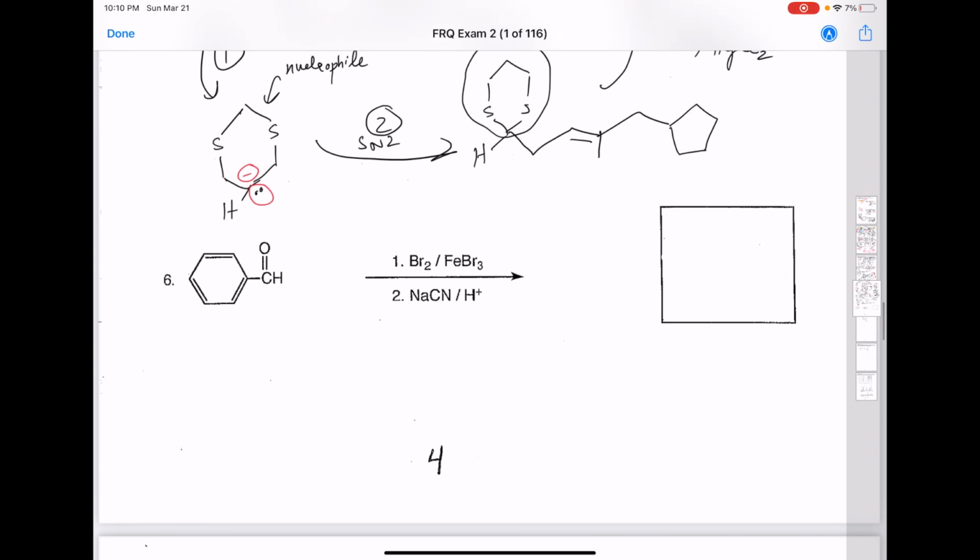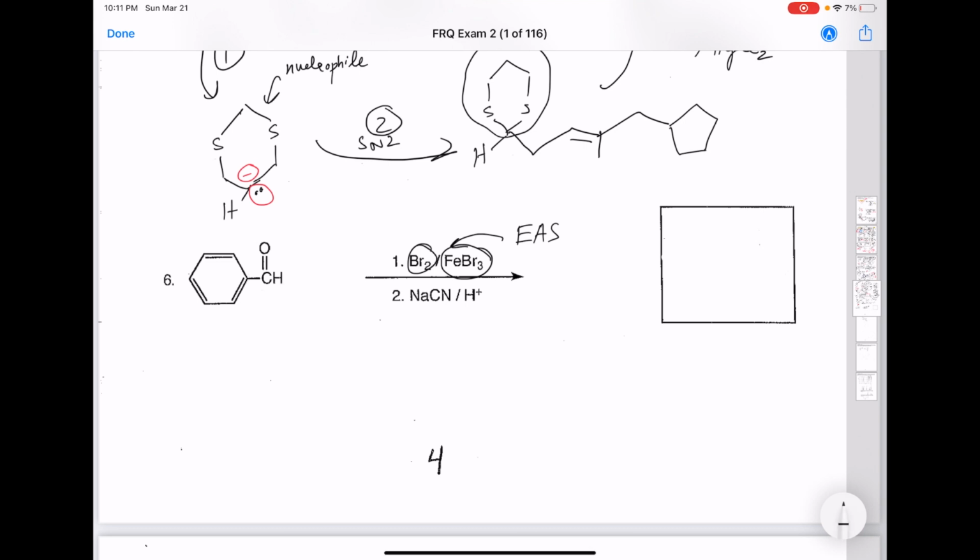And for the last problem in the reaction section, we have a benzene group and an aldehyde substituent. And we have two reactions that we have to do in order to get to the final product. So the first one is a very familiar one. We have bromine and iron bromide. So this is actually a bromination reaction, and it turns out that this is an EAS reaction, right? And so again, with EAS reactions, they are going to be affected by ortho, para, and meta directors. So let's try to evaluate what type of director this substituent is,